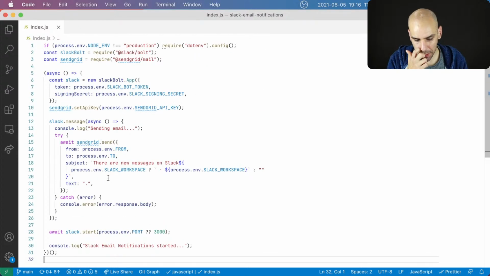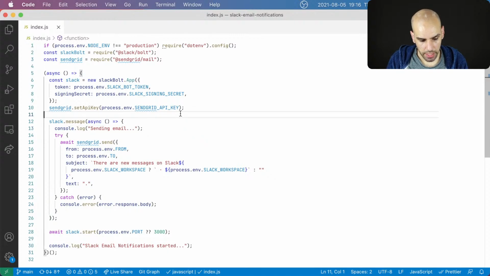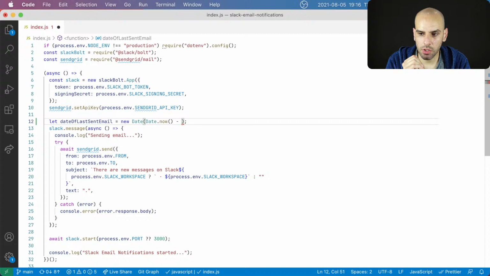But before I do that, let's try to write this thing that will only send emails when necessary. So I guess the way this is going to work is I'm going to have something like last sent, date of last sent email, which is going to be maybe a new date of... I just want to have a number in the past.